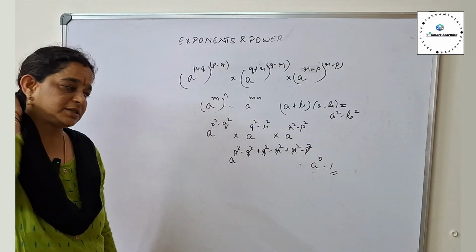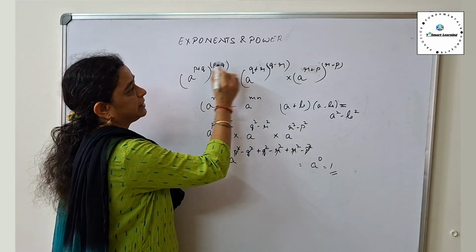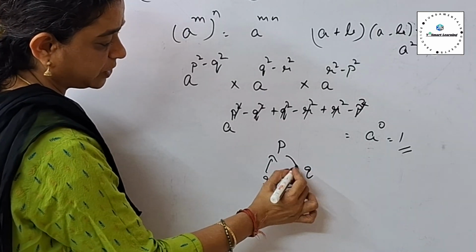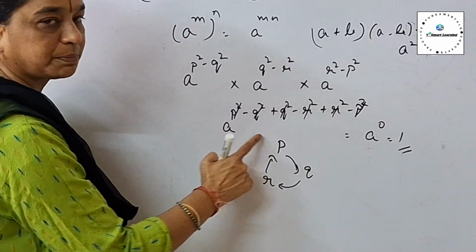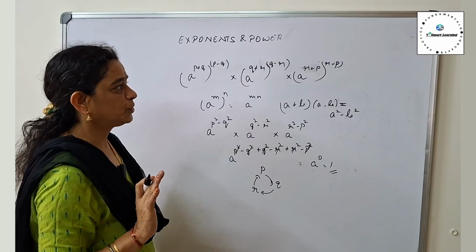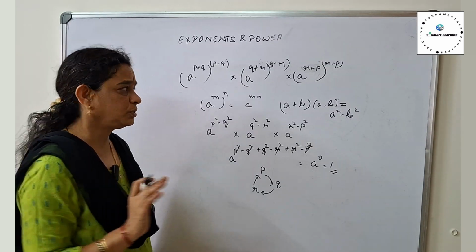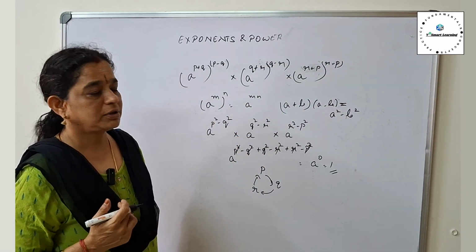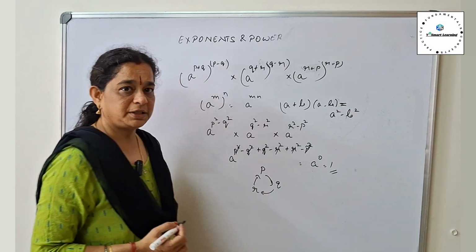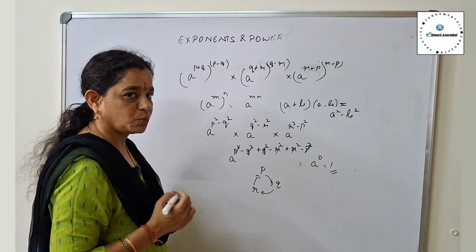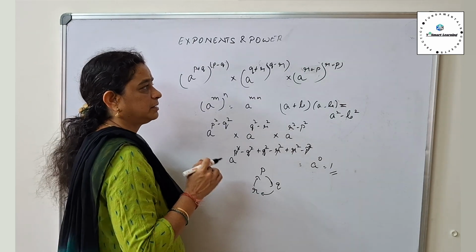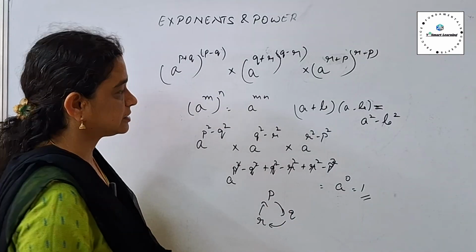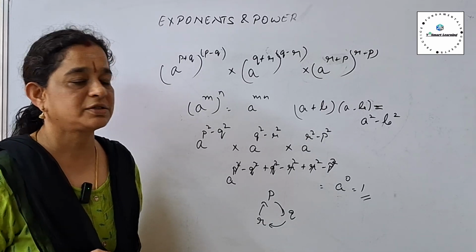Now as a takeaway from this problem, if you find that this p, q, r are used in a cyclic way, pq, qr, rp, then, on a general note, don't take this as a thumb rule, when you have this cyclic representation of these letters, more often the exponent will go to 0 and you'll get the answer as 1. But still you can verify, it's a general observation that the cyclic use of letters in a problem like this will give you the answer of 1.